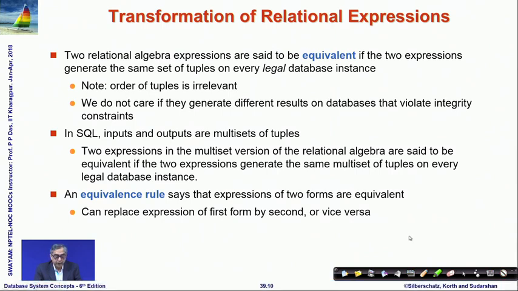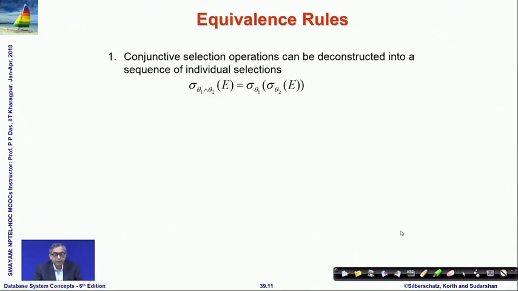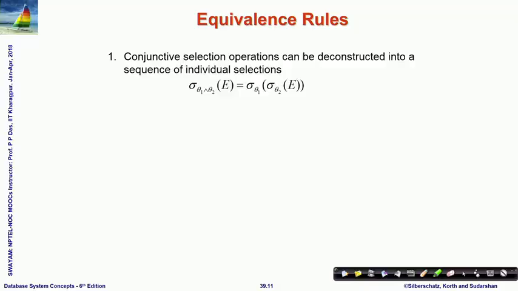So, let us take a look at these expressions. Most of these expressions are relatively easy to understand. They can be formally proved using the corresponding set theoretic condition of the relational expressions. So, for every relational expression we had a set theoretic condition that we had studied. So, using those you can prove that. We will not do the proof of these equivalence relations here, but you should be able to do that very